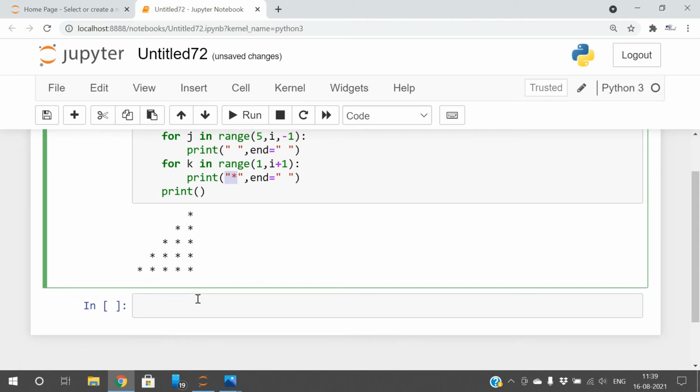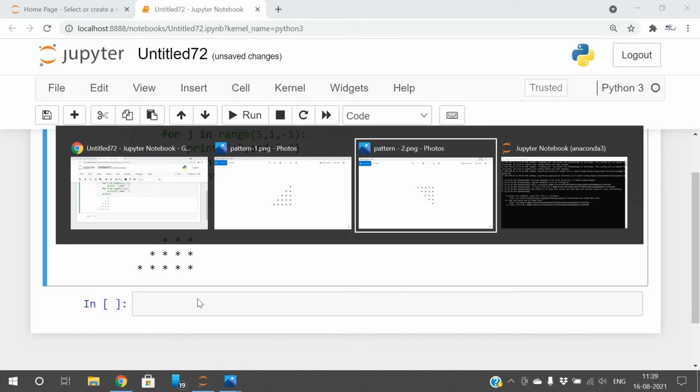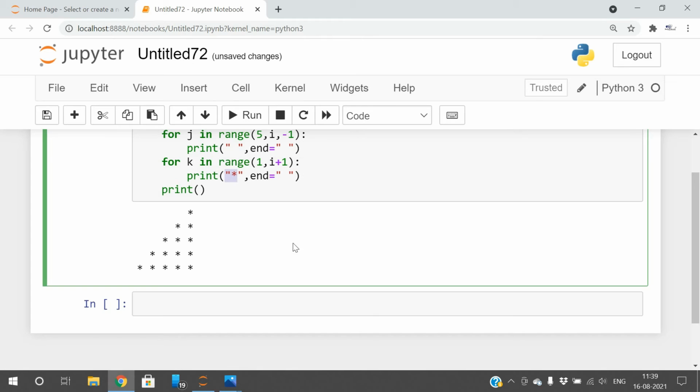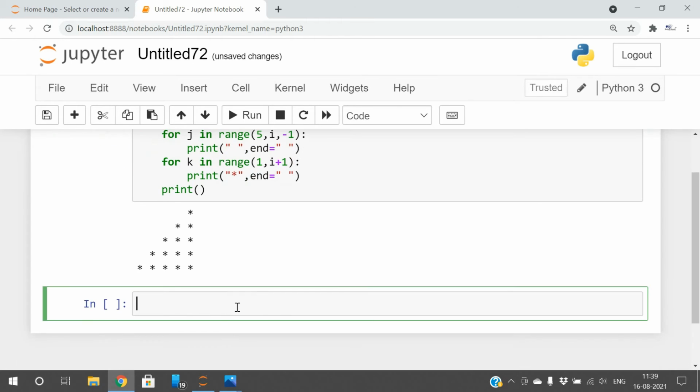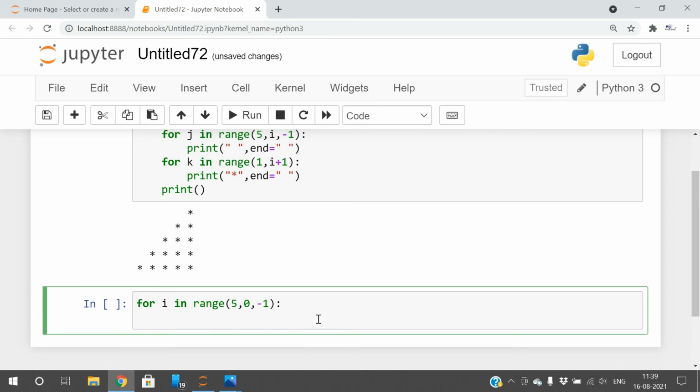So similarly it will iterate for i equal to 1, 2, 3, 4 and 5, so total 5 lines. And if you want to print the reverse order, the same thing in reverse order, instead of giving the positive range, give the negative, right? So negative updation. So for i in range of 5 to 0 minus 1, and all the remaining is the same. First we need to print the spaces. So for j in range of 5 to i minus 1,